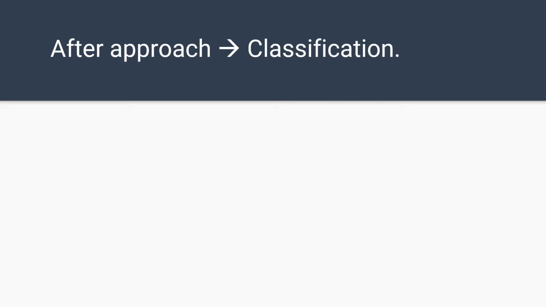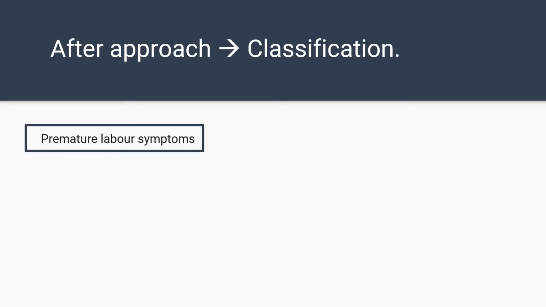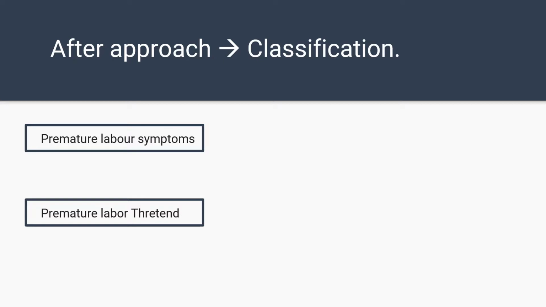So after the systematic approach to this mother, we have an idea of what our mother is going through. And now we need to think about it and classify this mother in the specific diagnosis, because inside the diagnosis of preterm labor we have a broad spectrum of different severity, of different stages of evolution, and with these stages we can make our personalized treatment. So now we're going to classify this in 3 different stages: premature labor symptoms, premature labor threatened, and